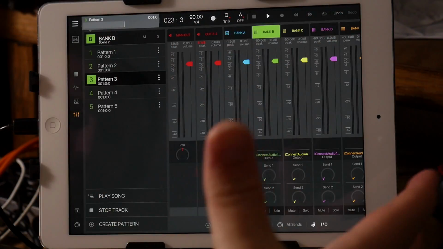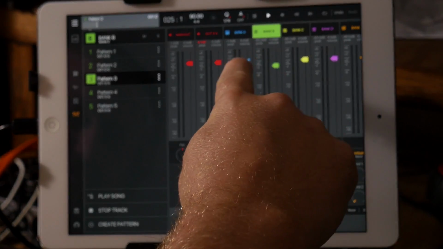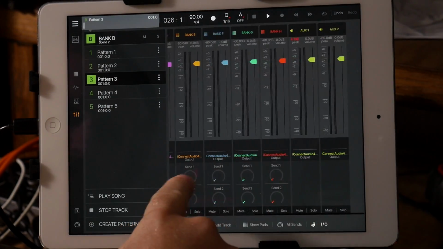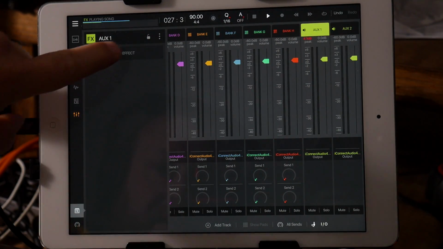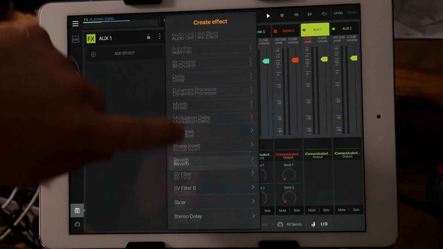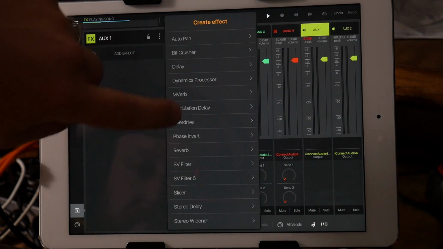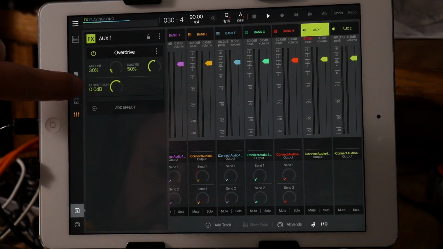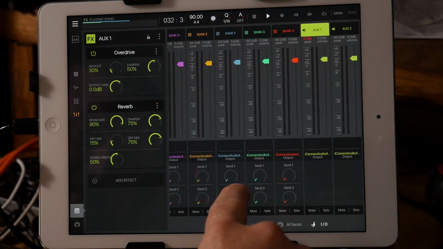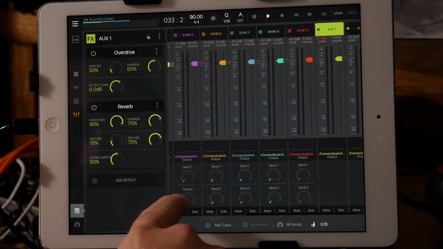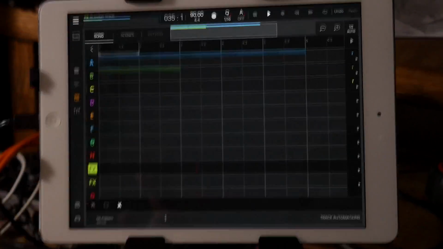And then you have your main mixer. You got just your volumes. You got your auxiliary, and then on these auxiliaries you can add effects. And this right here is a bunch of built-in effects, or you can do AU effects. You can add overdrive and reverb, and then you can send it. But the cool thing is you can add multiple ones. And so if I go back up here,